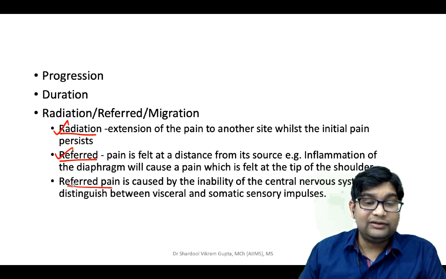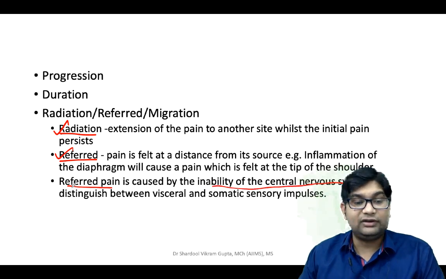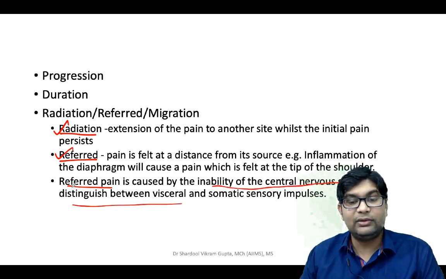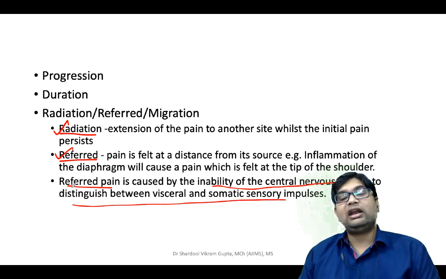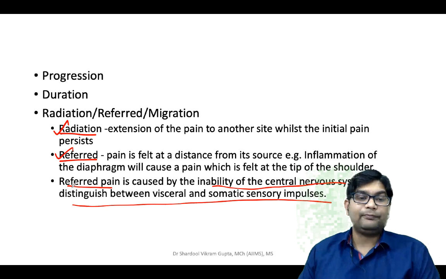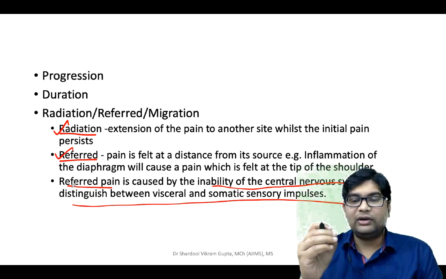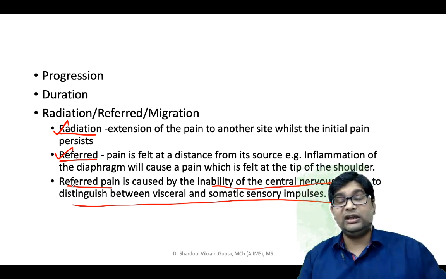So referred pain is caused by inability of the central nervous system to distinguish between the visceral and somatic sensory impulses, and it will perceive the somatic sensory impulses as a primary source. If there is a vague mild pain and there is a sharp somatic pain, then the body will try